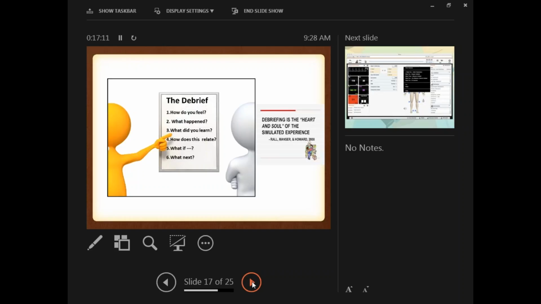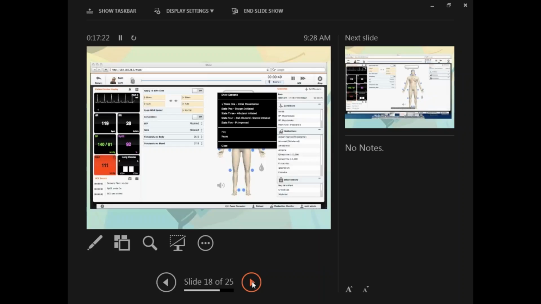So this is a couple things. You don't have to cover all these debriefings, but I think a couple of these points help you see what the students took away from the case and what they would have done differently in the future. So for those of you that haven't worked with the mannequins before, this is a screen that you'll